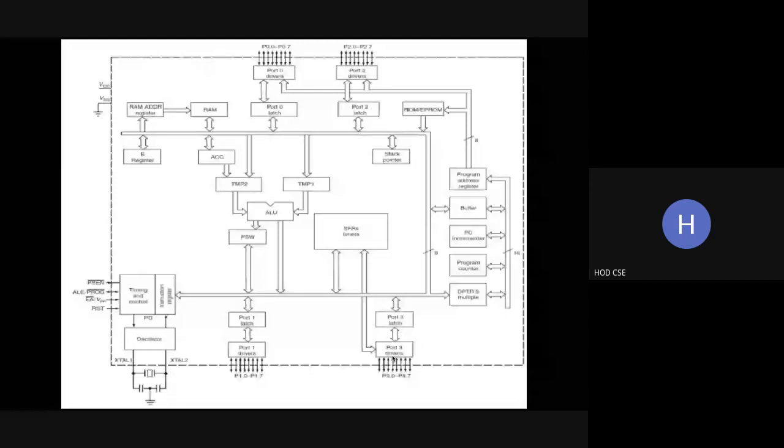And as I said earlier, we have 2 types of memory: data memory and program memory. Okay. So data memory is used to store the data. For example, if you have a fridge, we have to read the temperature. That will be stored in the data memory. Okay. So the program will be stored in the ROM.